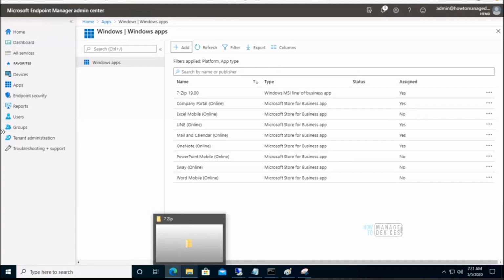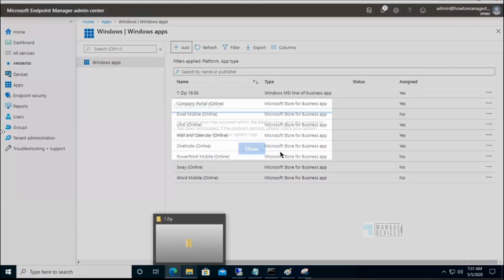Okay, Anup, one question. Do we have integration between Intune and ServiceNow? That's a good question, right?